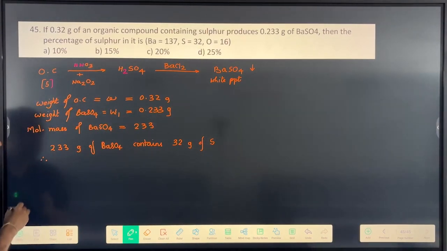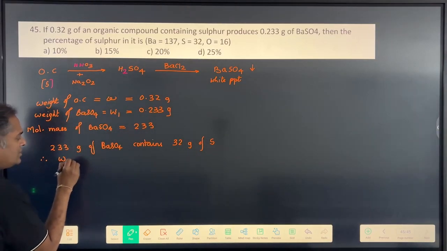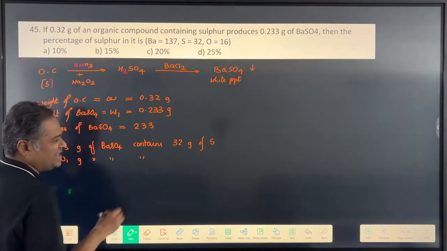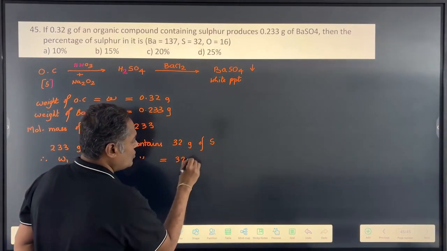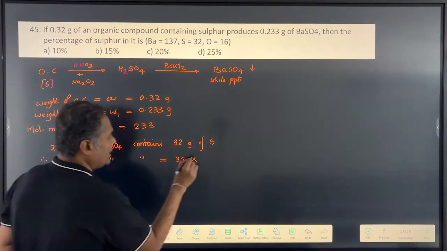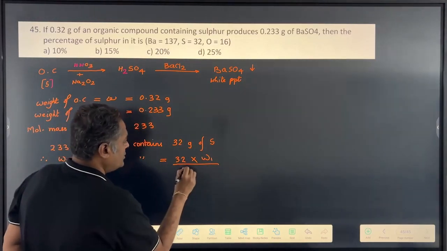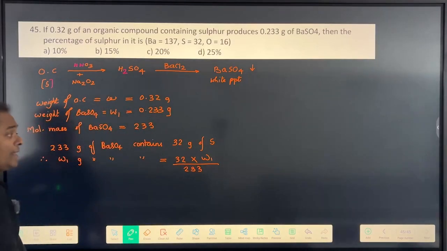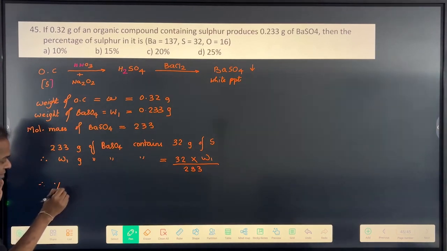Therefore, if in the experiment we have W1 grams of barium sulfate, it will contain 32 into W1 upon 233. But now the question asks for the percentage of